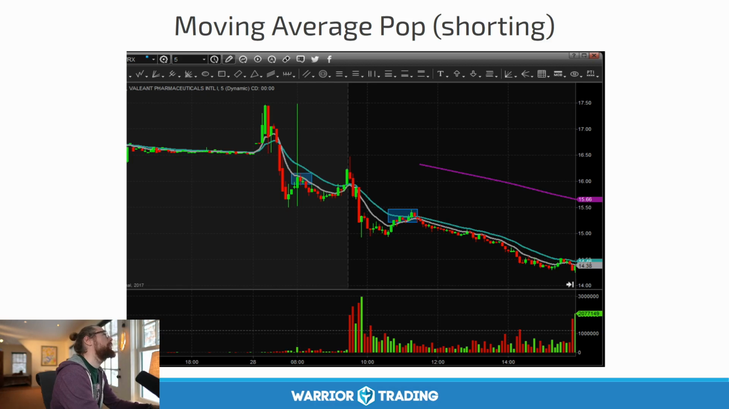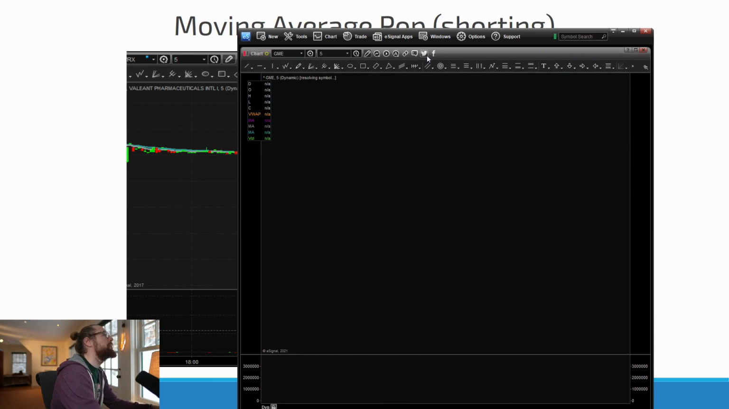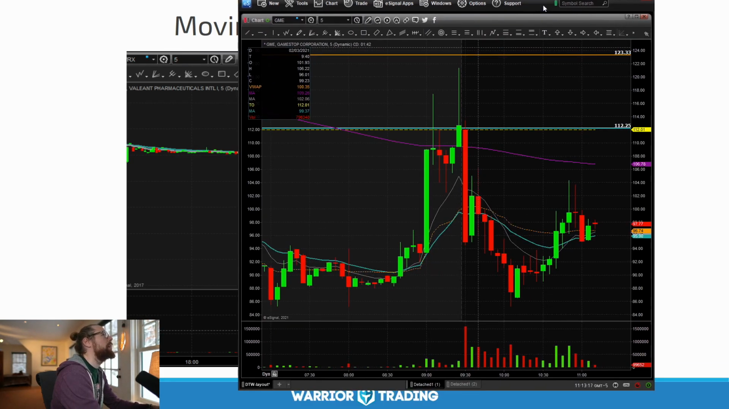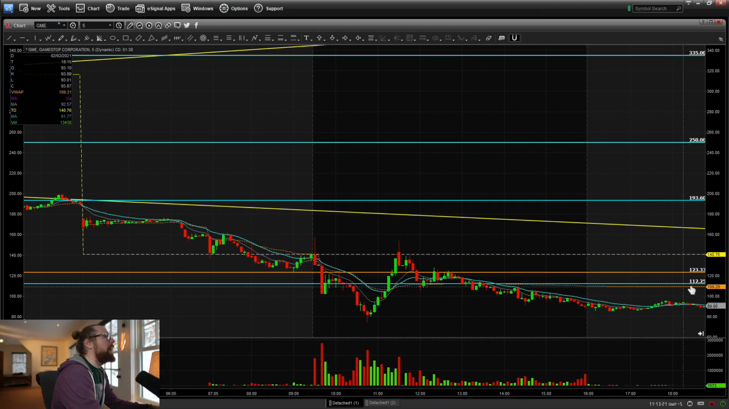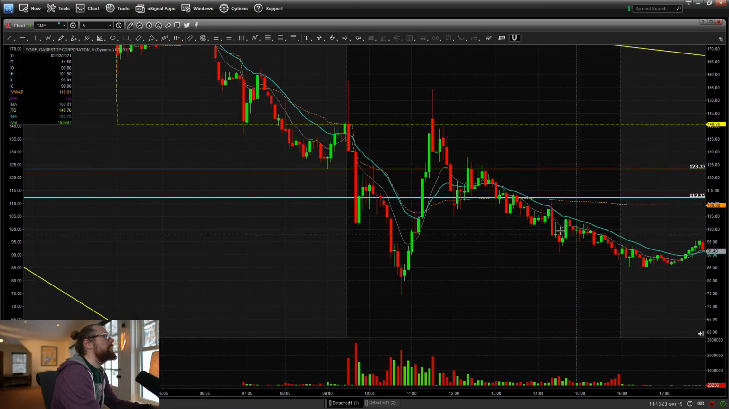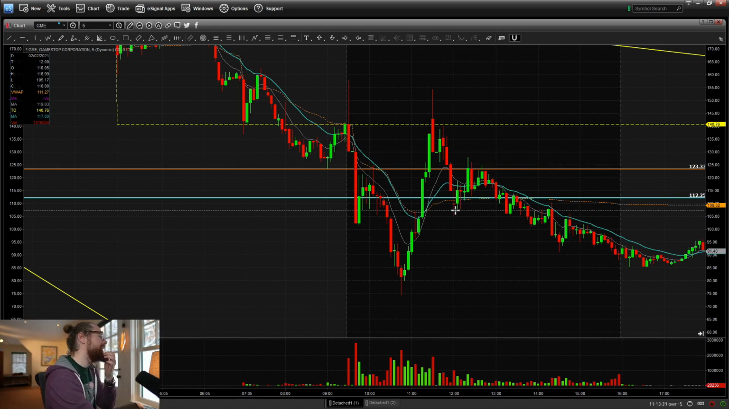And again, to the short side, in the case of GME yesterday, I'm sure we could find some other examples of moving average pops where it was selling off, then kind of comes up to the moving average. It's not really a perfect bear flag. It's sort of back up to the moving average, then it flushes down. Sort of back up and then sort of flushes down. So it's a little bit more of a pattern that you'll notice kind of when you step back and